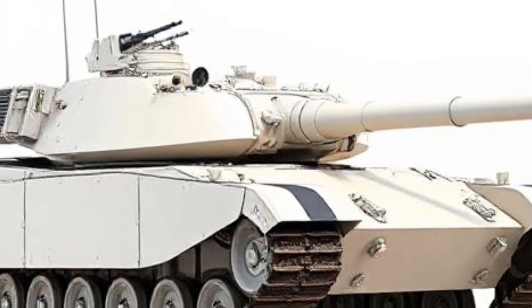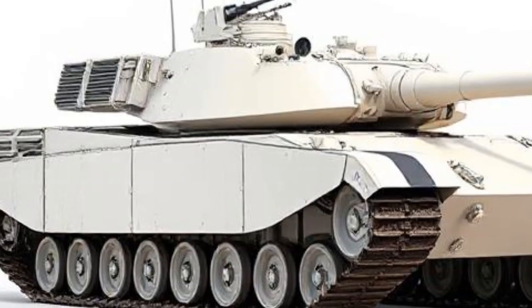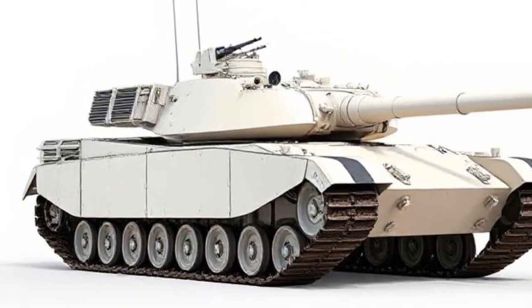Another important aspect of the M60's 2025 legacy lies in its influence on tank doctrine and design philosophy. The tank's operation